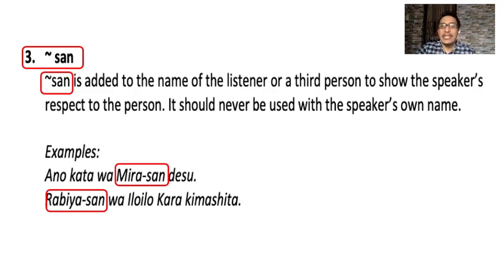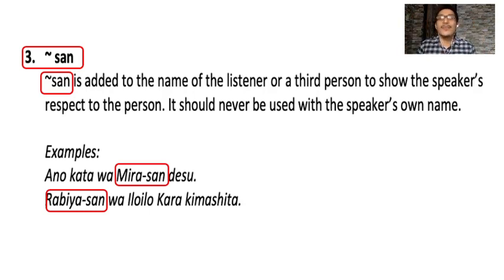San is added to the name of the listener or a third person to show the speaker's respect to the person. It should never be used with the speaker's own name. So, just for the record, we cannot say Junri san. We cannot call ourselves san because that's not used in the Japanese language. We only show respect to other people. Of course, we respect ourselves, but in language, we show honorific, or we show respect to other people by using